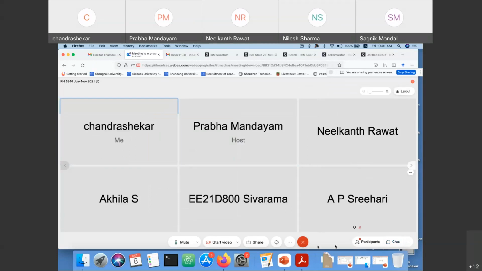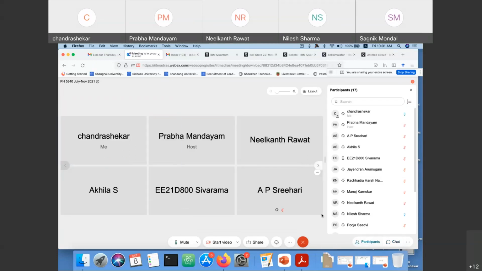But one of the interesting things to watch out for in the future is photonic qubits. People are trying to make processors out of photonic qubits, and if it works out, there are two advantages. One is it will work at room temperature, and the second is that it is mostly with optical components,